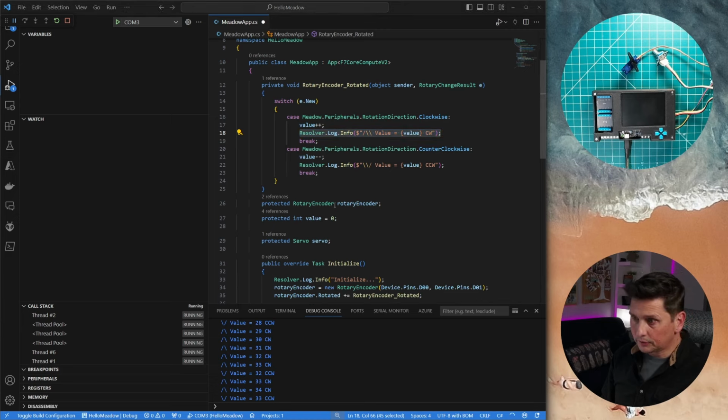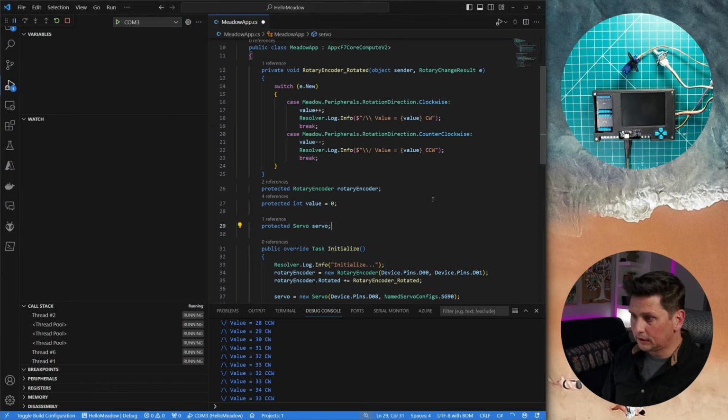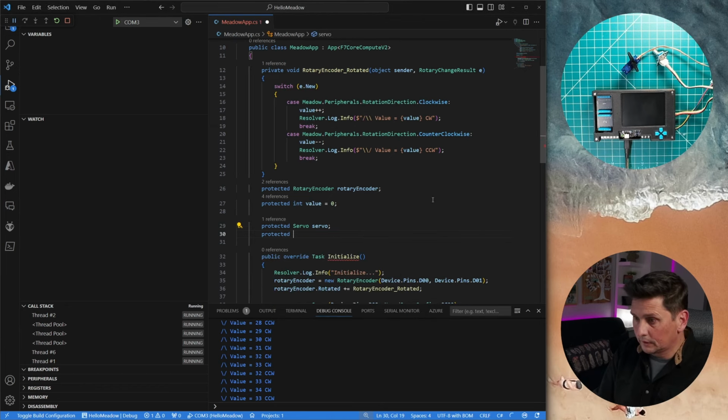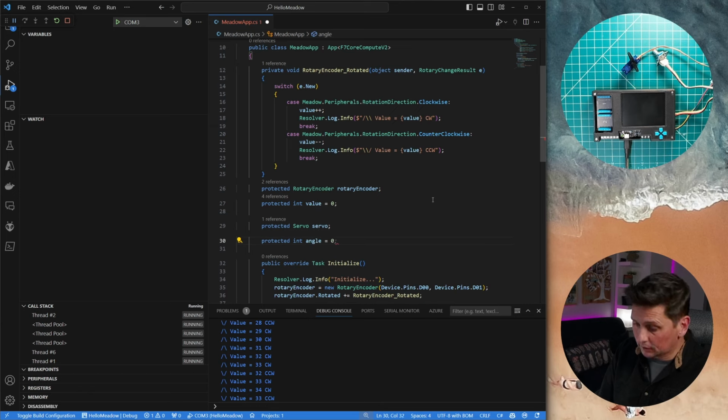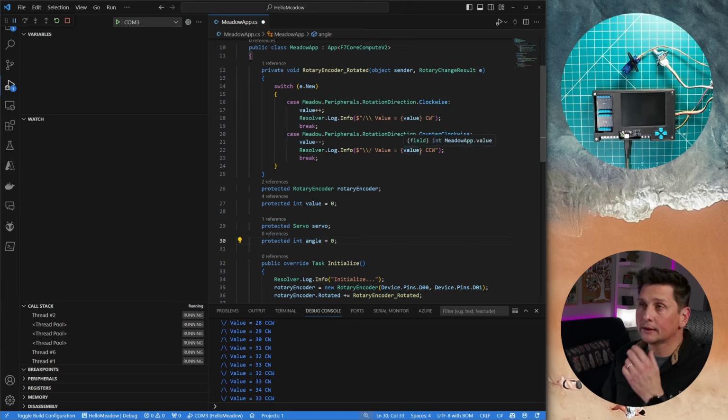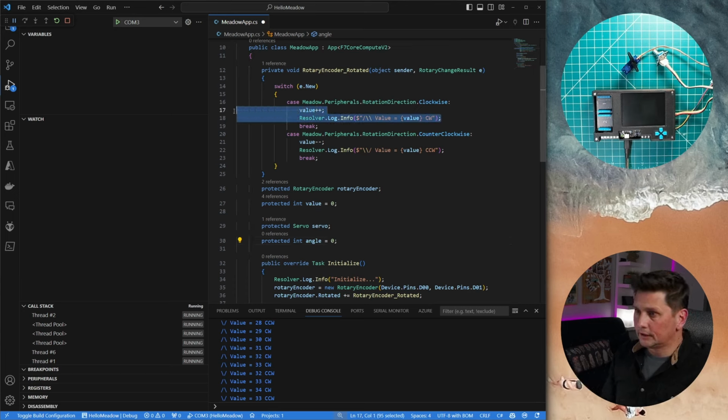I'm going to create a variable here called angle to make it simple, okay? I'm going to initialize that to 0. That's going to be the angle I'm going to set each time I have a clockwise or counterclockwise, okay? So I'm starting at 0. When I have clockwise, what I want to do is, I don't really need that for now. So I'm gonna comment that,